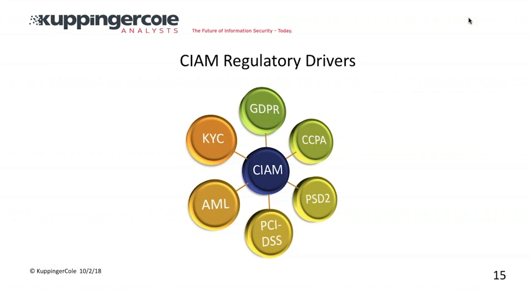Then we also have things like PCI, payment cards, and then on the financial side also there's the strict financial KYC, know your customer, as well as the anti-money laundering laws in different jurisdictions that have to be complied with. And things like AML, KYC mandate the collection of information about users. It's not necessarily at odds with GDPR and the need to collect consent.